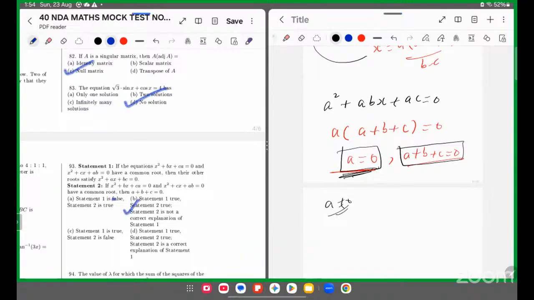अभी वो देन बोल रहे हैं ना, देन a + b + c 0, ये गलत है, a 0 भी हो सकता है। अगर a 0 हो गया और a + b + c 0 नहीं है तब भी वो चलेगा, तो आंसर भी आएगा।